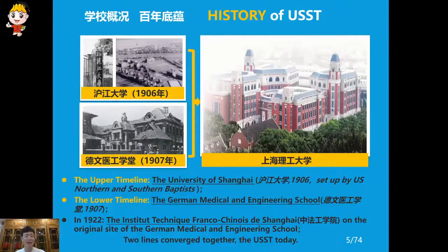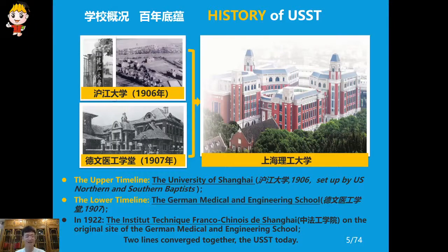Okay, next, I will give you a briefing about the university's inception. 现在呢，我们也简单的给大家讲解一下我们作为100年底蕴的上海理工大学学校的校园历史。I have a question for you guys here. Could you spot how many timelines over there? Could you find the answer? Yes, perfect. That is 2. 2 timelines. We can say the upper timeline and the lower timeline.